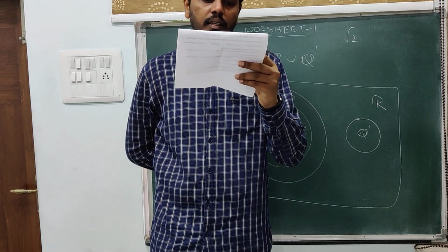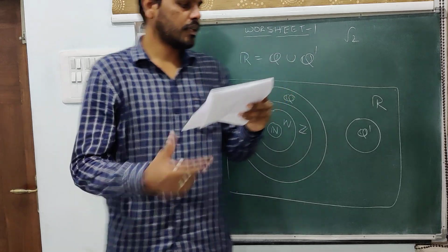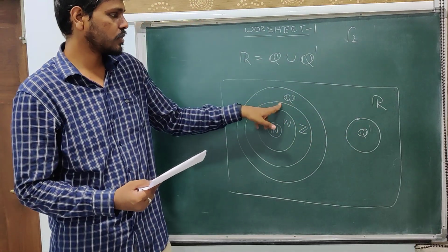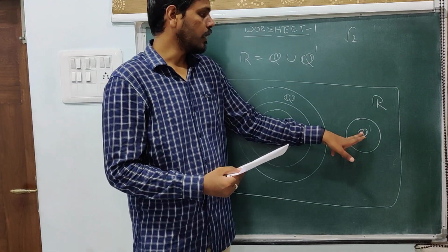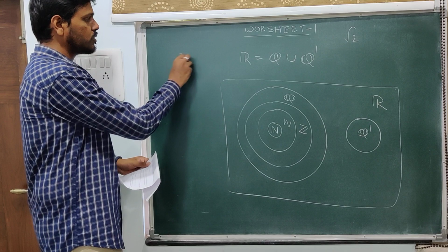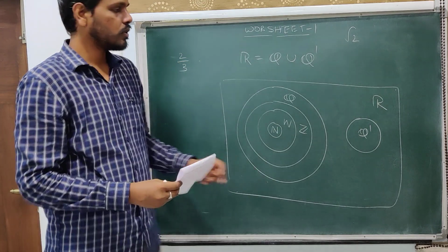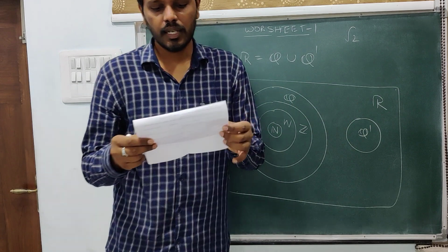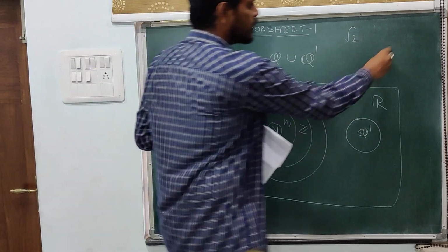Real numbers are contained in irrational numbers. So that is false. Real numbers are not contained in irrational numbers. There is a set of rational numbers that are not there in irrational numbers. So any rational number will be the answer for this, say 2 by 3. So 2 by 3 is not contained in irrational numbers. That is, real numbers are contained in irrational numbers, which means this is the case we are speaking about.